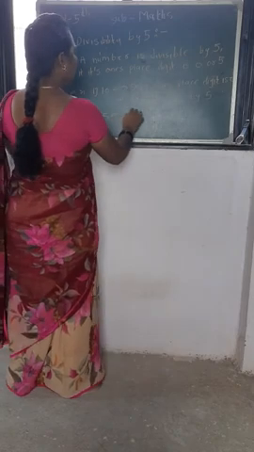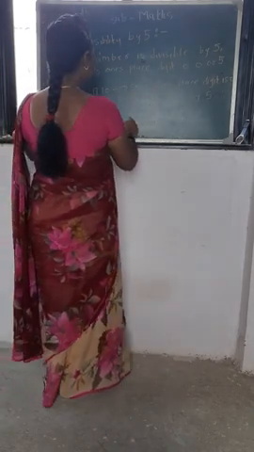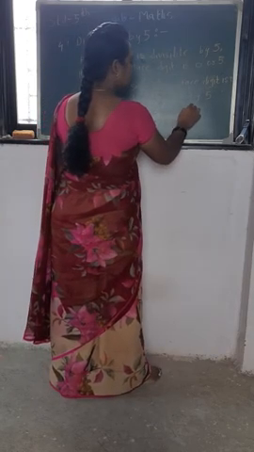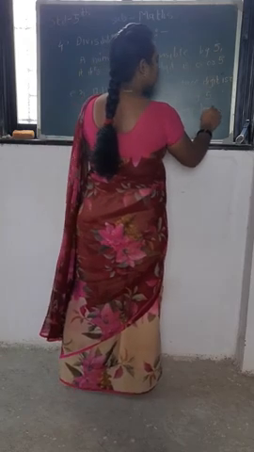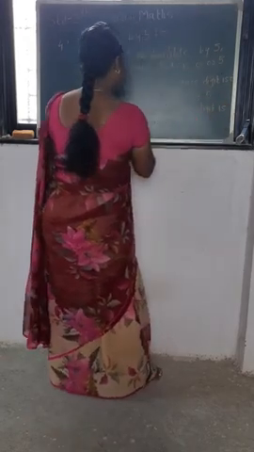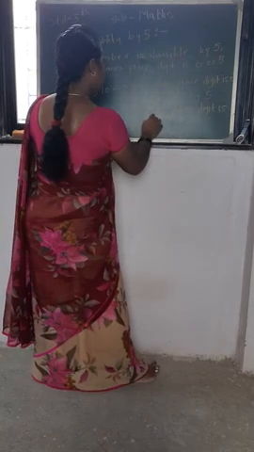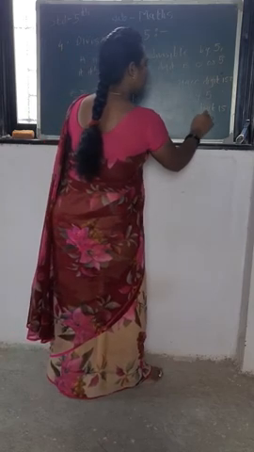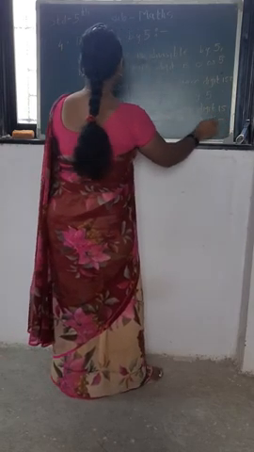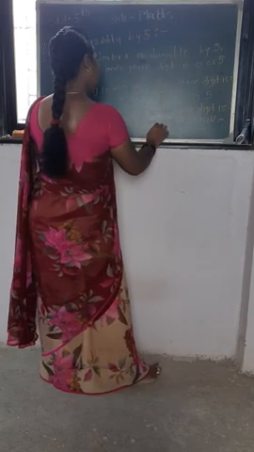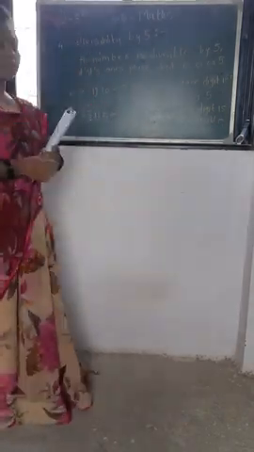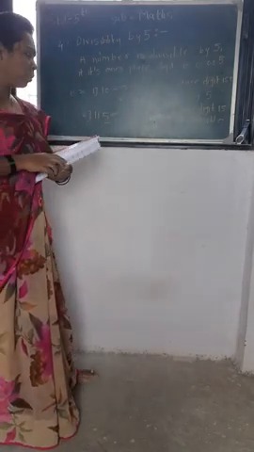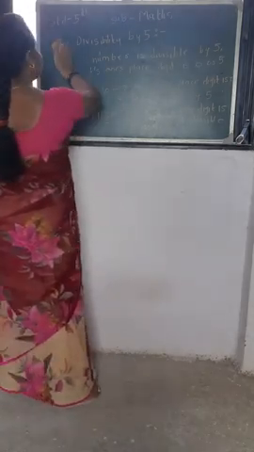Since the ones place digit is 5, 115 is divisible by 5. This is divisibility by 5, the fourth rule. Then the fifth rule is